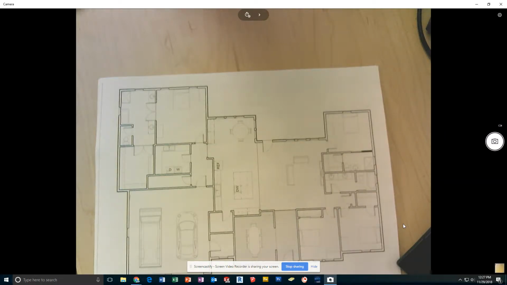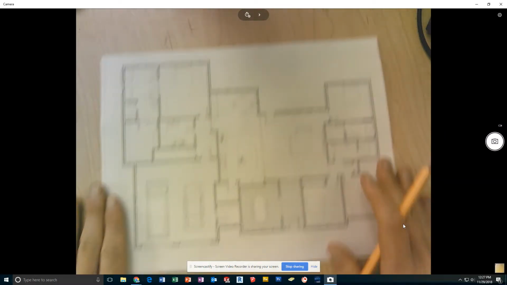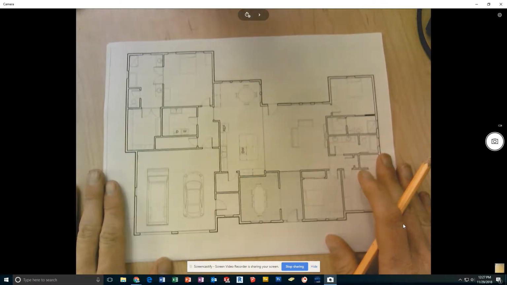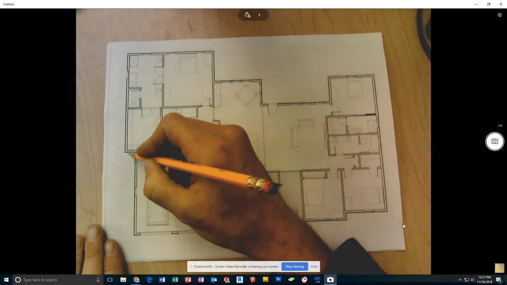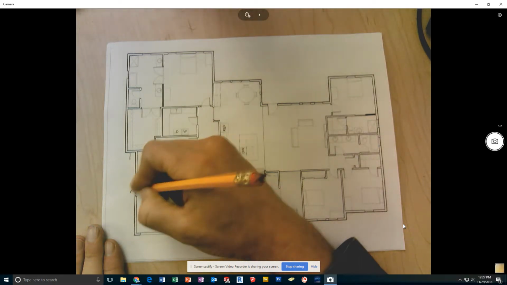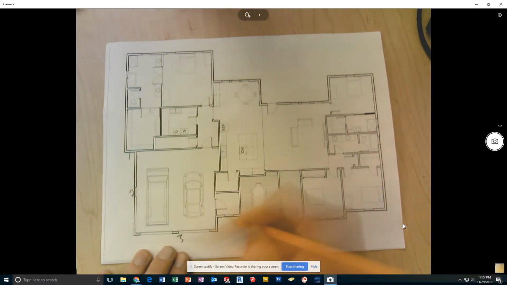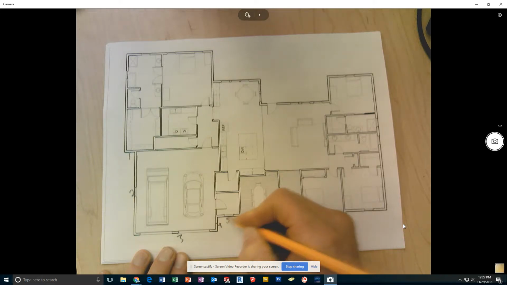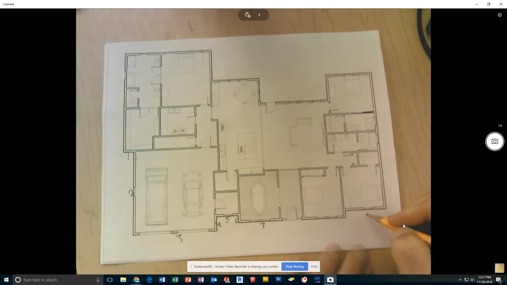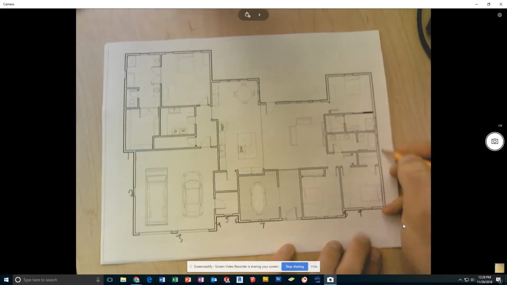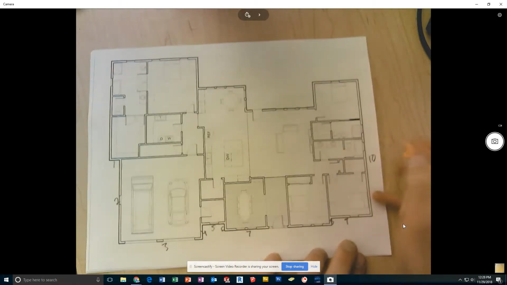What I'm going to start with is on my floor plan sheet, I'm going to pick a point to start from and number every single exterior wall. I'm going to go ahead and start here. 1, 2, 3, 4, 5, 6, 7, goes all the way across, 8, 9, 10 up here, 11 on the